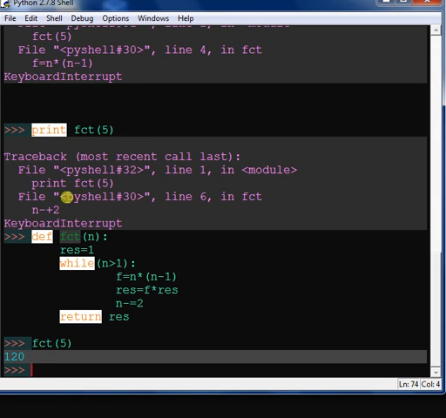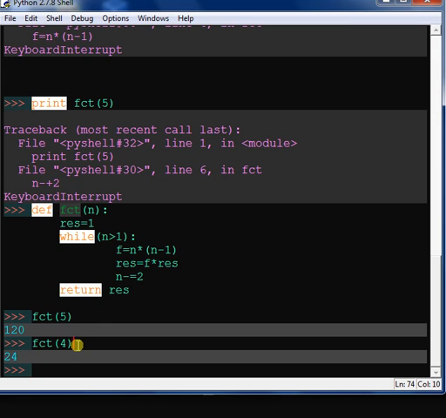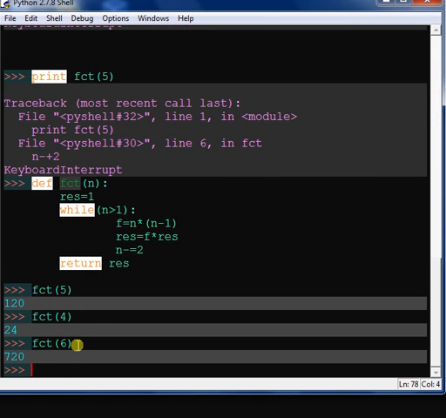So we get the output as 120. The factorial of 5 is always 120. Factorial of 4 is 24. Factorial of 6 is 720. Basically 120 multiplied by 6 will be factorial 6. Okay,